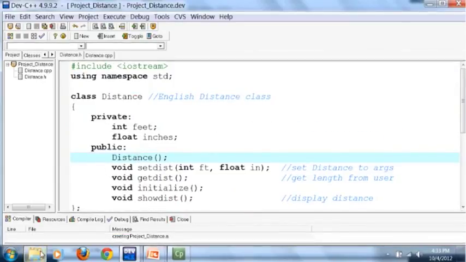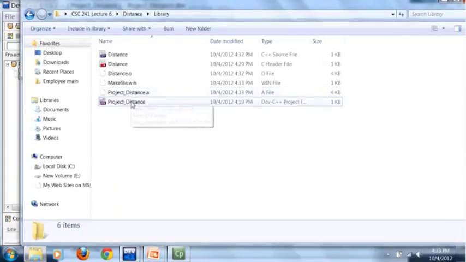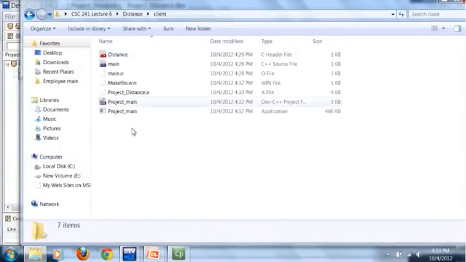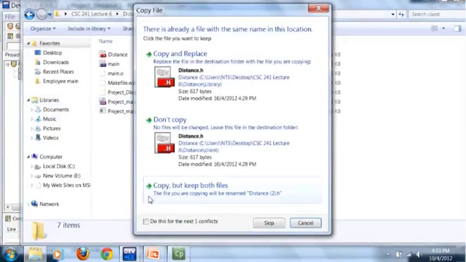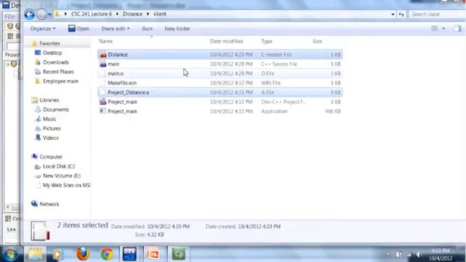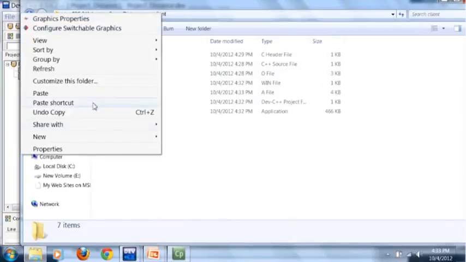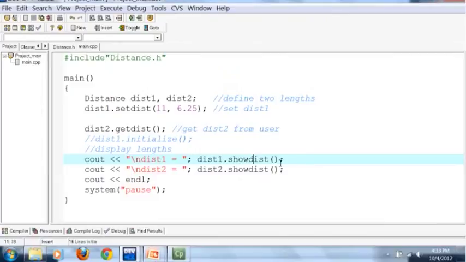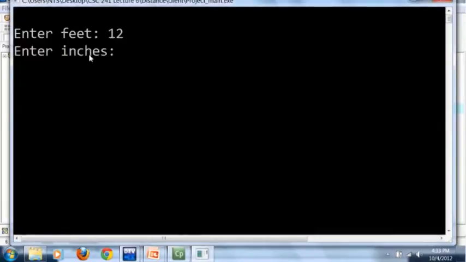So what now I'm going to the folder again and copy this library and the header file, copy and paste it to the client folder. That is, we are providing this to the client. Replace, so they are both replaced. And now we are going to the client side, that is where our main function is. So this is the main function. Let me compile it again, close, and